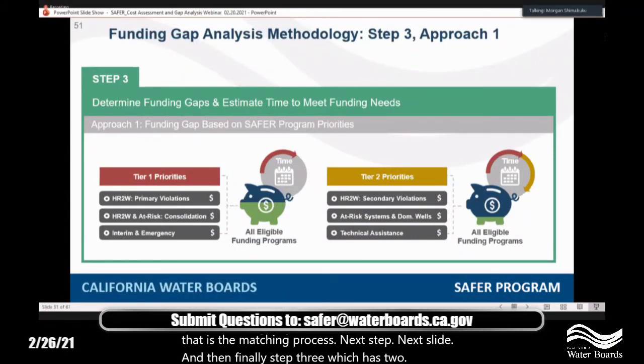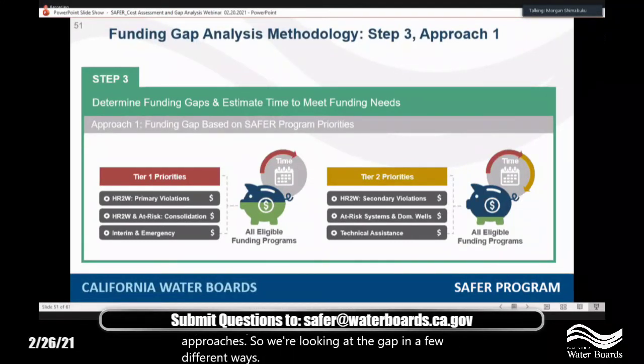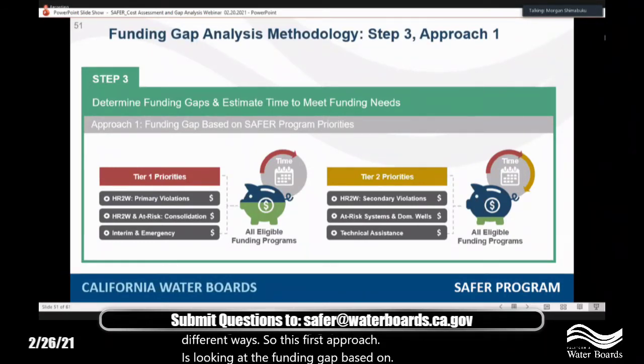And then finally, step 3, which has 2 different approaches. So we're looking at the gap in a few different ways. This first approach is looking at the funding gap based on SAFER program priorities and applying those across all state water board funding sources. The priorities are listed here as tier 1 and tier 2. These are laid out in the fund expenditure plan for the Safe and Affordable Drinking Water Fund from this fiscal year. So the first priorities include